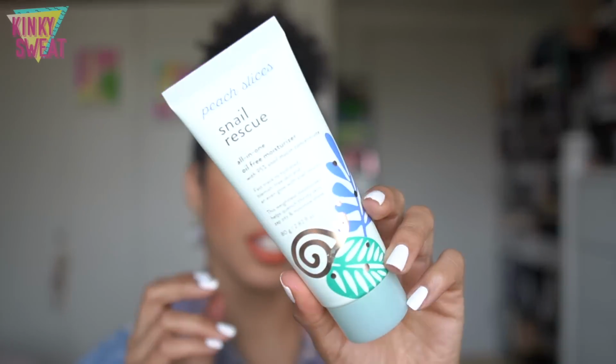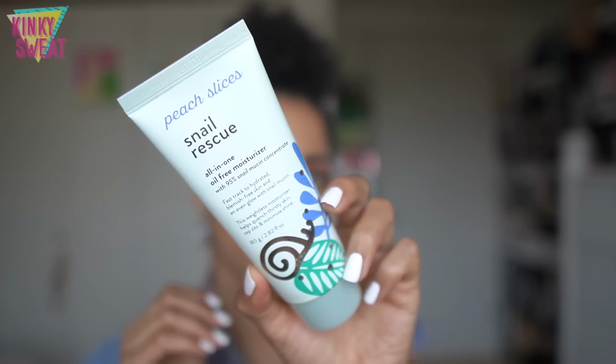And Peach Slices is, I think, Peach and Lily's drugstore brand. This is the Snail Mucin all-in-one oil-free moisturizer. I quite like this product. It's fragrance-free, lightweight. Depending on your skin type, you can use this as a serum-like gel moisturizer before a heavier moisturizer, especially if you're not in this same climate, if you're in drier, colder conditions. I treat this as a booster, if you will. Rare that I apply this solo. I haven't tried it solo yet, again, because I treat it as a step before my moisturizing one,